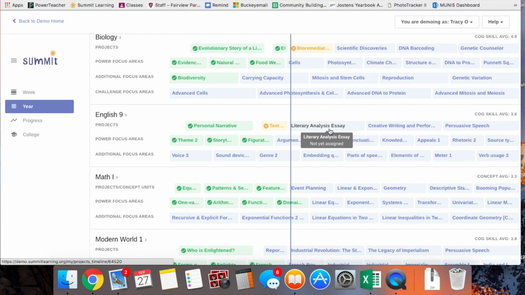If you see the project filled in with a light purple, that means you have submitted your final products and you are waiting for grading. If you see a project filled in with dark purple, that means, again, that you have submitted your project. The dark purple means your teacher has submitted his or her grades for you to review. Again, a red box on a project means that that project is unsubmitted and is now late.